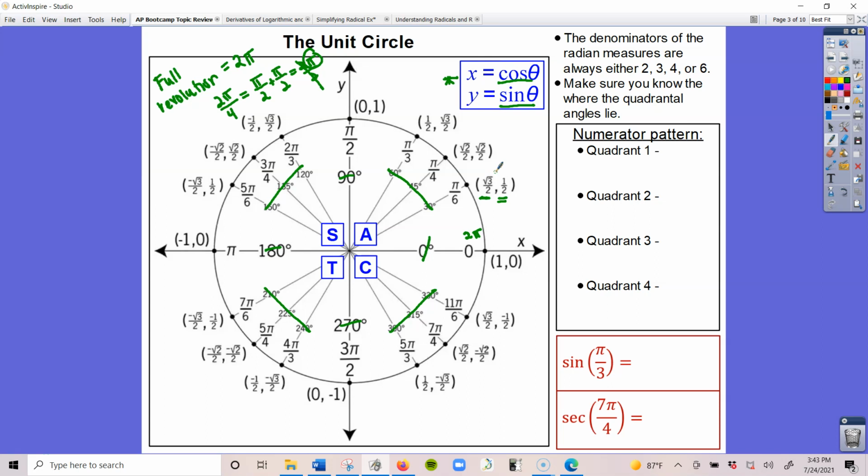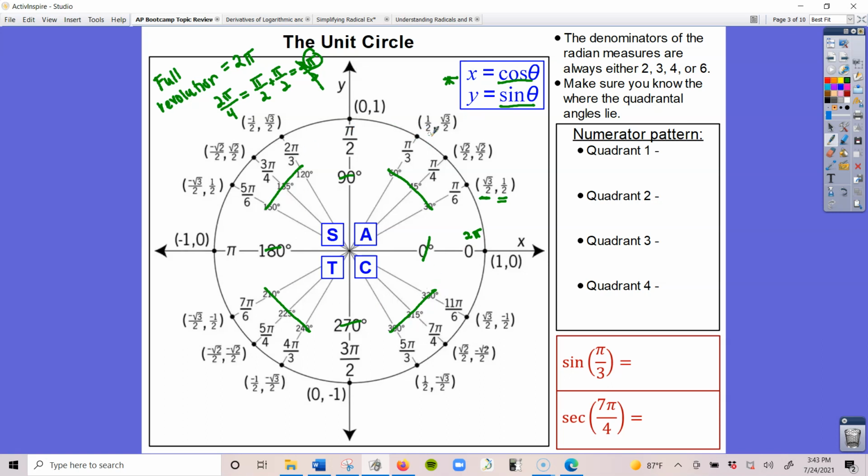Now, let's see if we can establish some patterns for these radian measures. Because, like I said, you do have to know what angles lie in what quadrant. You need to know this unit circle. Now, this doesn't necessarily mean that you need to memorize the entire thing, but if you at least know quadrant 1, you'll be able to figure out the rest of the cosine and sines for the other angles just based